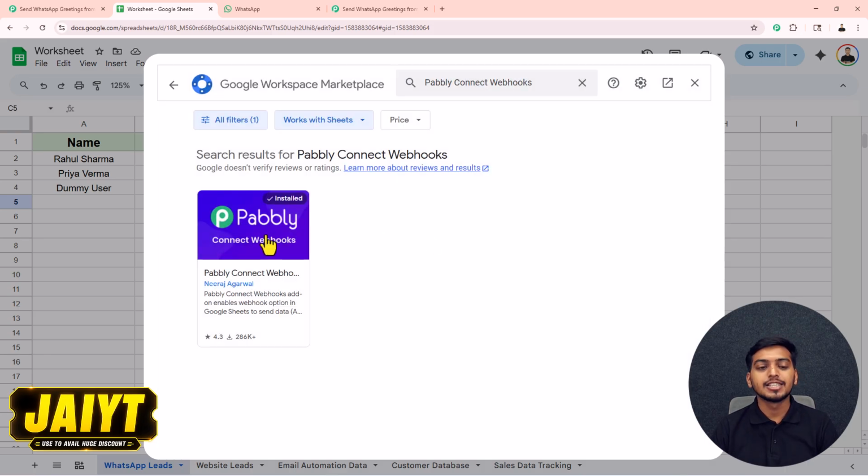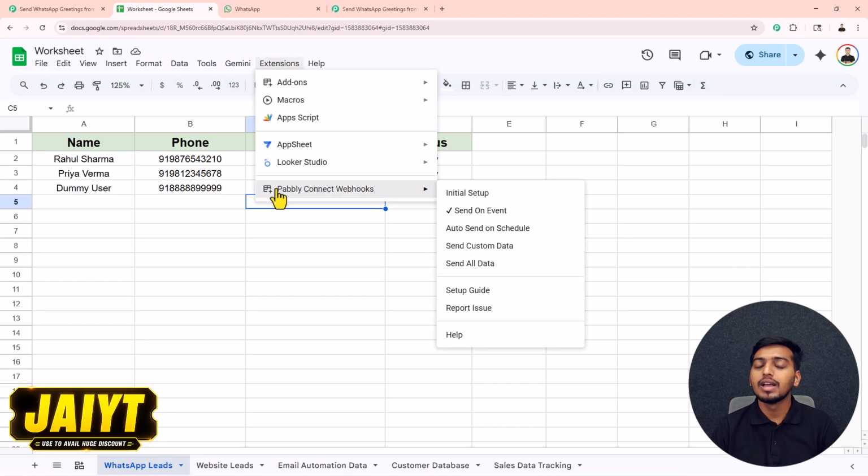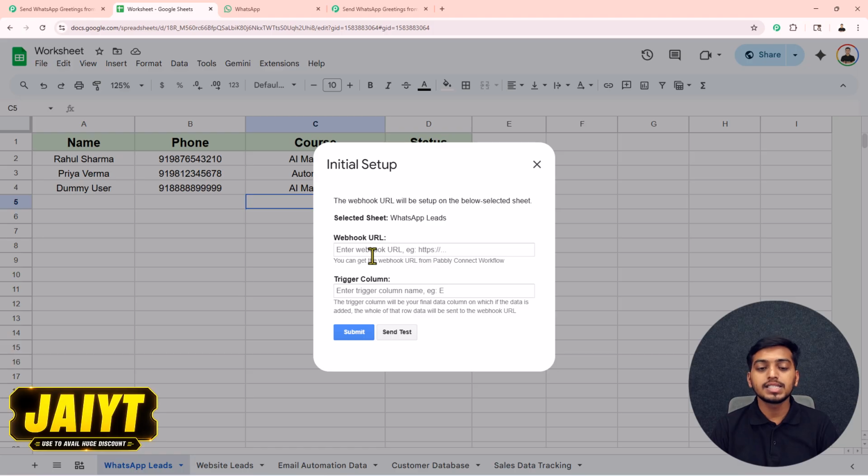In here, this Pabbly Connect webhook will be visible to you. At first, you have to install this inside your Google Sheet. So install this. After that, go back, click on this extension again. This Pabbly Connect webhook will be visible to you on the bottom here. Inside this, you have to select this initial setup. Here at first, paste the webhook URL that you have copied from our Pabbly Connect account inside this webhook URL